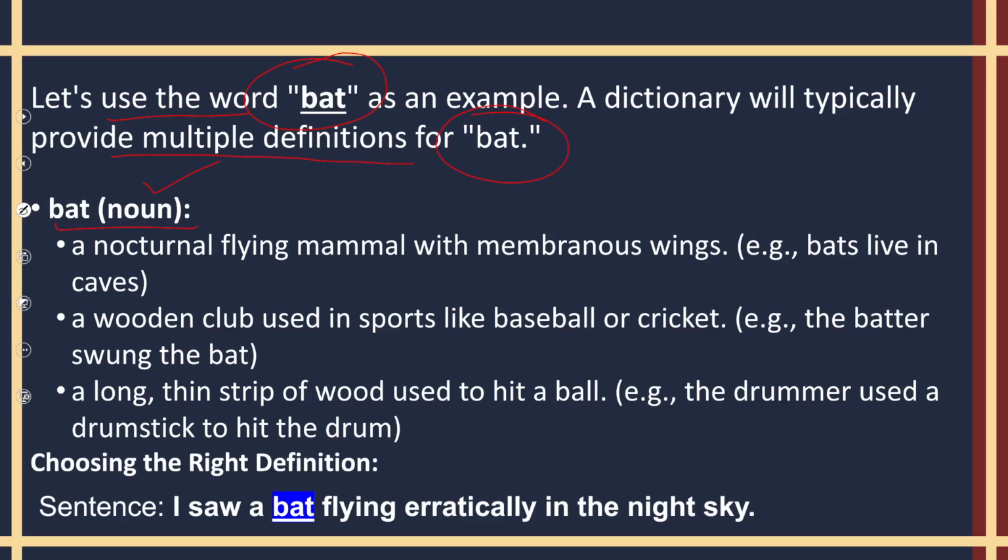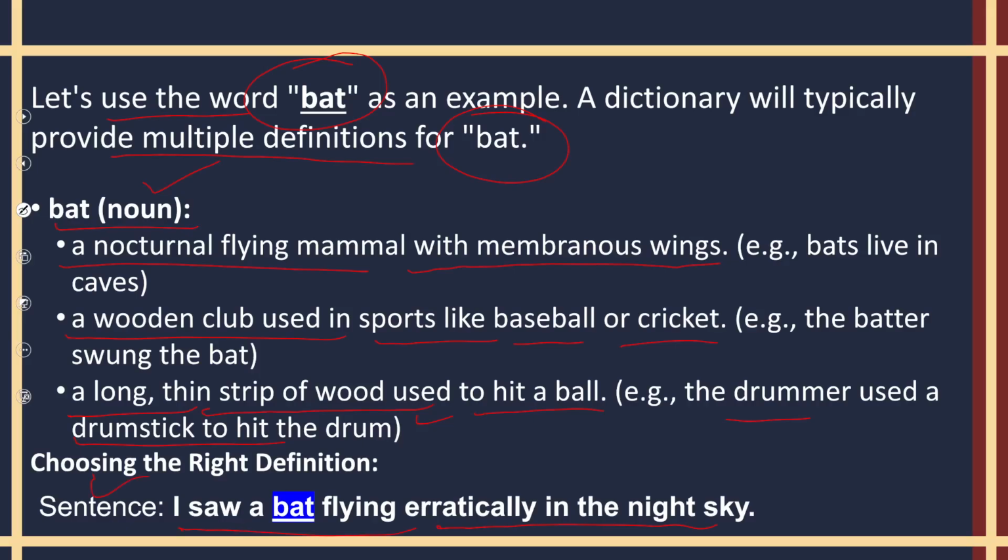The first definition is a nocturnal flying mammal with membranous wings. Then we have another definition, a wooden club used in sports like baseball or cricket. A long, thin strip of wood used to hit a ball. Or, for example, the drummer used a drumstick to hit the drum. So you have these three different definitions of the word bat, and your sentence is, I saw a bat flying